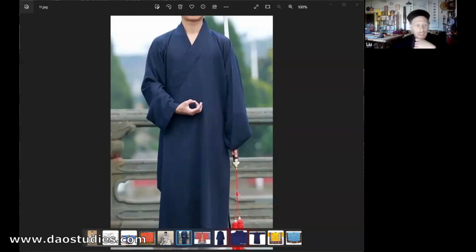Black is the color of water, the element water is Xuan, and water stands for wisdom and also kindness. And the idea or the concept of Xuan is very important in the